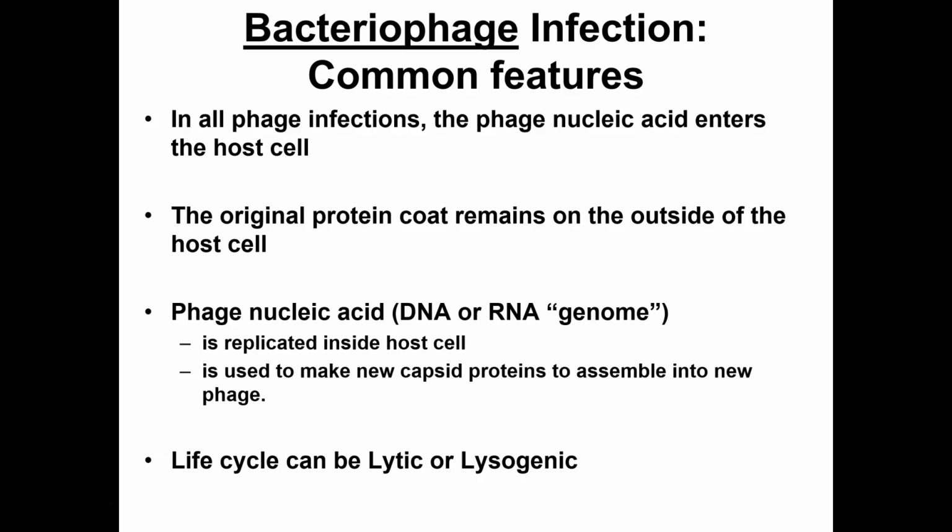Once that DNA gets into the host cell, a lot of little things happen. But, long story short, it takes over the host cell, forces the host cell to copy the DNA, and it forces the host cell to transcribe and translate the viral genes. Okay, so the host is forced to do everything here. And then the last thing is, we're going to see there's two major replication cycles, as I kind of mentioned earlier. The lytic and lysogenic.